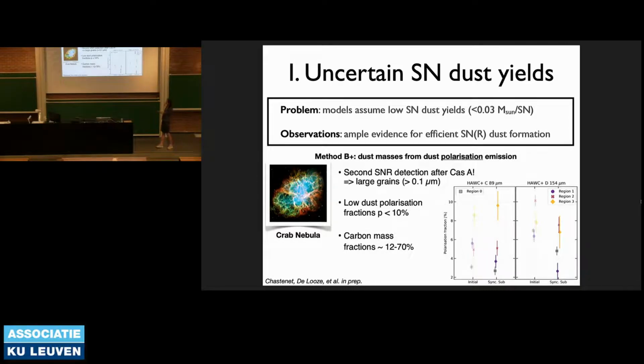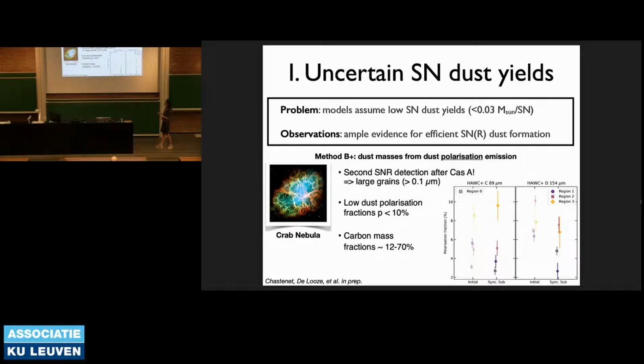So the confirmation that we already get supernova detection of polarized emission in the Crab Nebula is actually only the second one after Cassiopeia A. So this indicates that we have large grains. And why should we care that grains are large? Well, the grain size very much will determine whether or not a grain will be able to survive when we get a reverse shock like we've seen in Cassiopeia A. And somewhat larger grains will be more resilient to dust destruction in that way. So that's why we're actually happy that large grains are present, because that means the net supernova dust contribution can be somewhat higher.